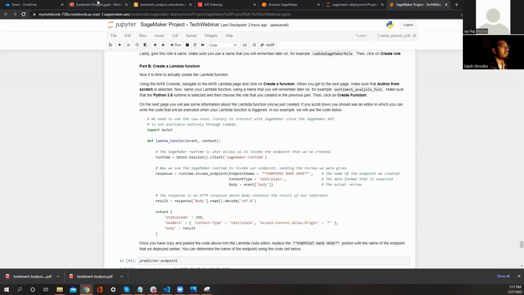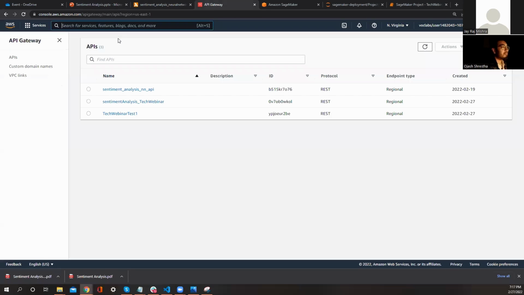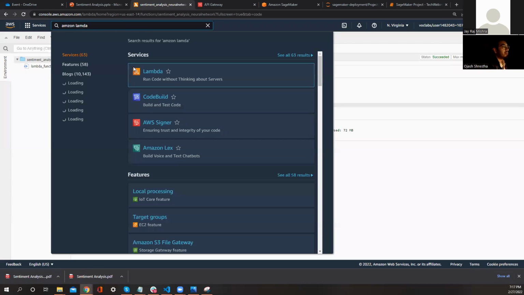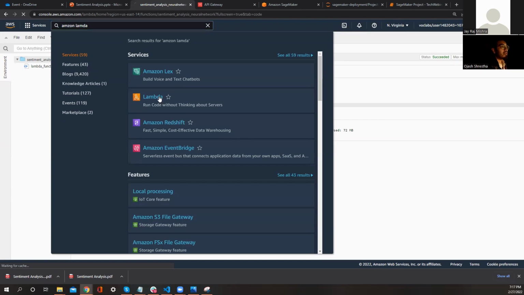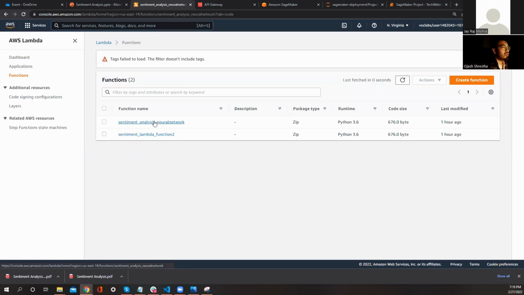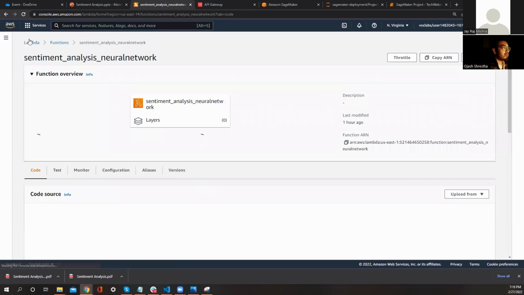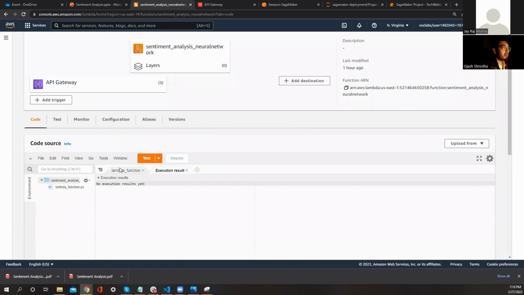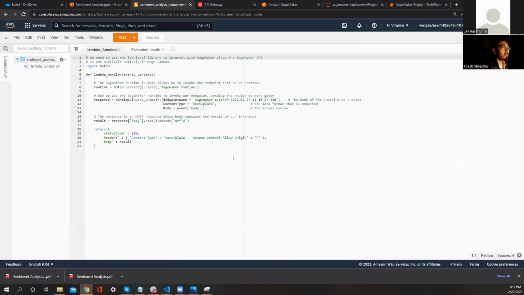So we create this Lambda function itself, and inside the Lambda function, let's say Lambda. Okay. So inside the Lambda function, when I showed you the result for this, I actually created this Lambda function itself. And on this Lambda function, this is the code that we had, right?